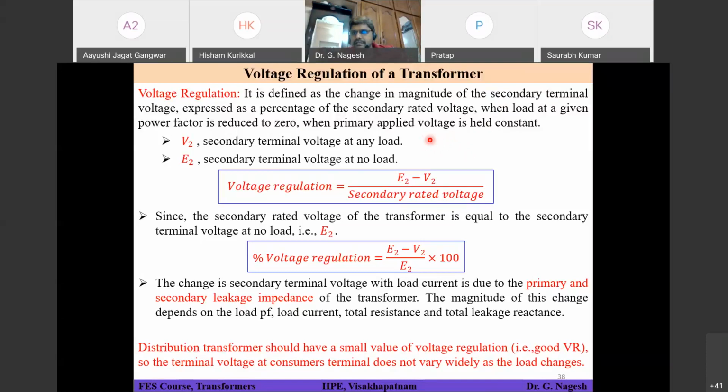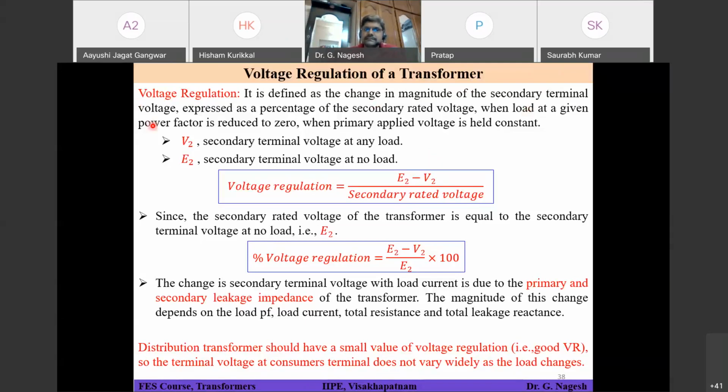You understood, right? Secondary terminal voltage and secondary rated voltage. Both are related to the secondary winding only. That means at the output of the transformer across the secondary, you are going to measure it. Both are related to the same point. That means measure at the same nodes. But the difference is